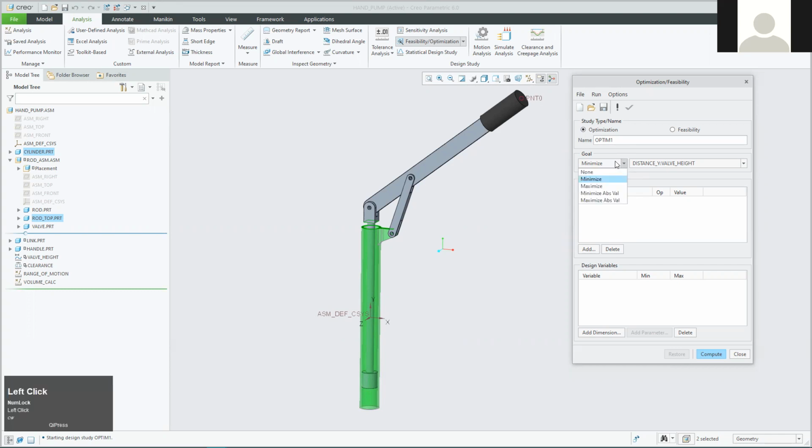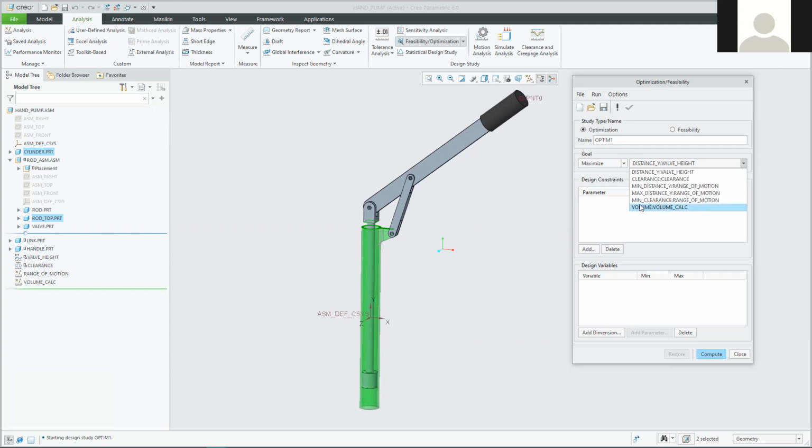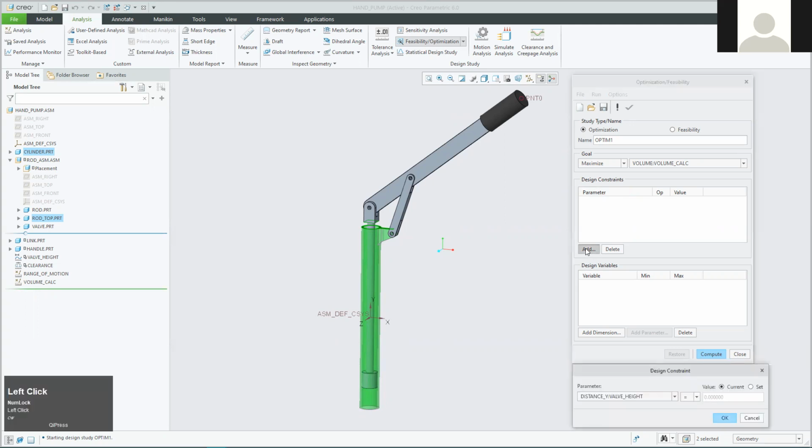So what we want to do is maximize the volume. So the monitored value that has been named volume, which is stored within an analysis feature called volume calc, is what we're looking to maximize through our changes of certain dimensions that we're going to enter into this next box. So for the dimensions that we're going to allow it to vary, we click on add,